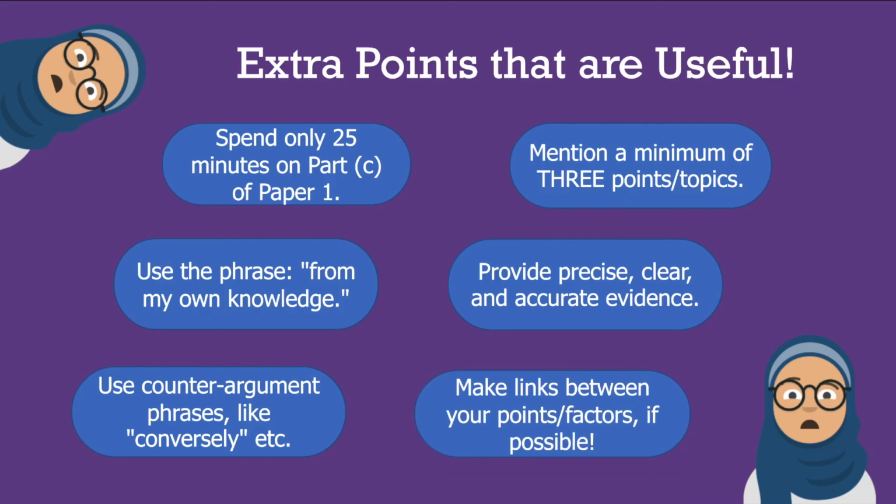Next, you should make links between your points or factors if it's possible. So for example, the student in the previous answer, which I showed you in the previous paragraphs, definitely linked all of their points, because they said that the depression led to a fear of communism as well as propaganda from the Nazis. So they've linked the depression to the other 2 points, which is a very good technique to use, and if possible, you should use it. If it's not possible, it's alright. So yeah, these are just some extra